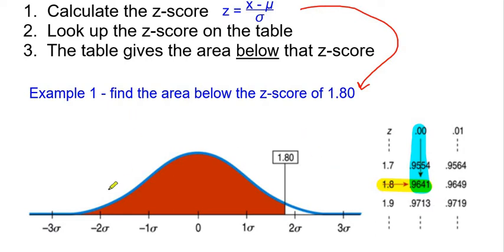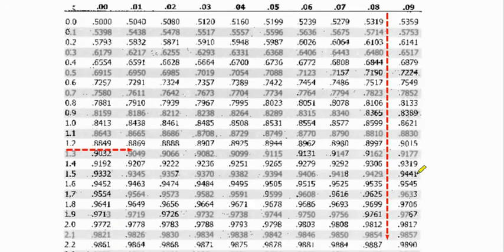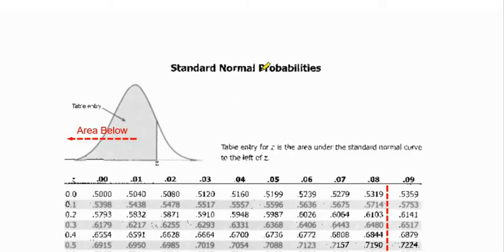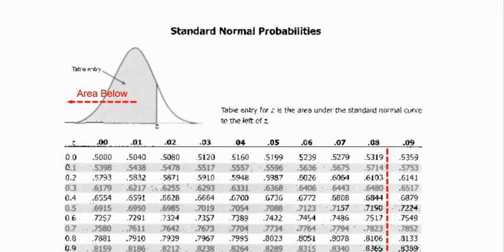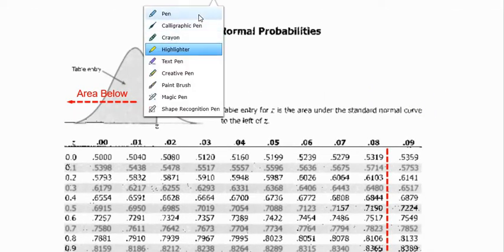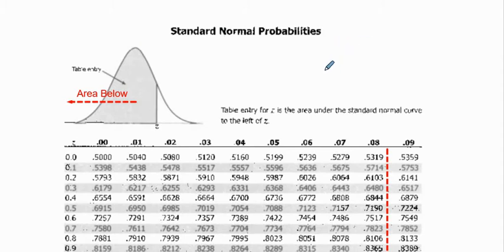So that's how you would typically do it, but the chart usually looks a little bit more involved like this. This is the chart for the standard normal probabilities for the SOL in Virginia. Notice that it's stating to you that it's the area below, and you have a chart that looks like this, and let's say somebody were to say, I need you to find the area for a z-score of something like